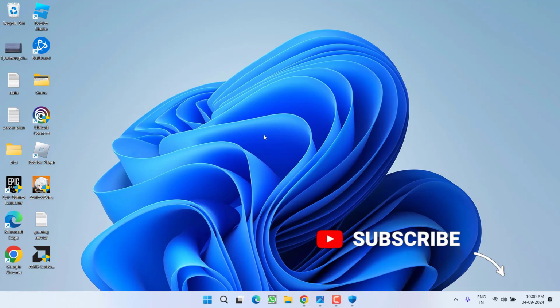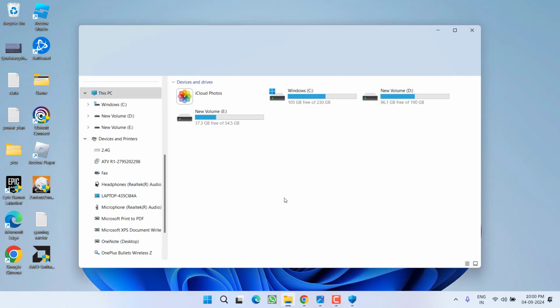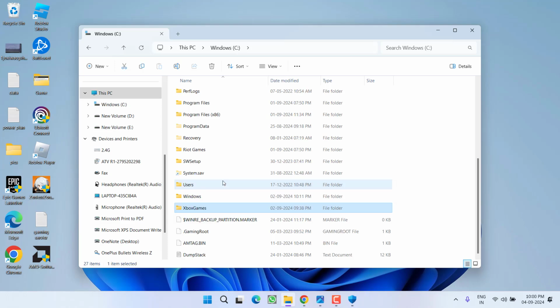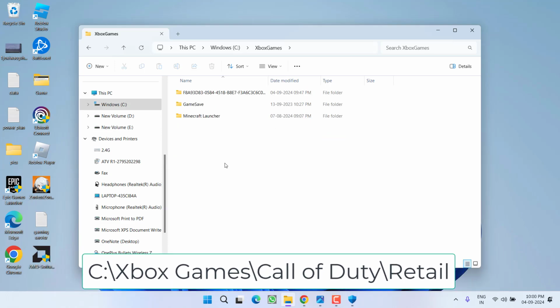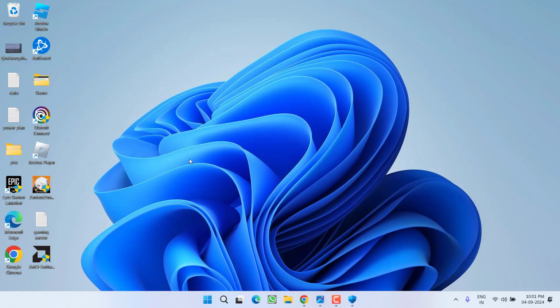In case of Xbox, you need to open its directory which is available in This PC, C drive, Xbox games, and here you will find a folder with the name Call of Duty. Open Call of Duty and open the retail folder and delete the MP24 folder. Same in case of Steam, open the game directory and delete the MP24 folder which is causing this error. Once deleted, make sure to verify the integrity of the game files as I have already told you in the previous step, and then relaunch the game, and this will completely fix the issue of Black Ops 6 crashing error code